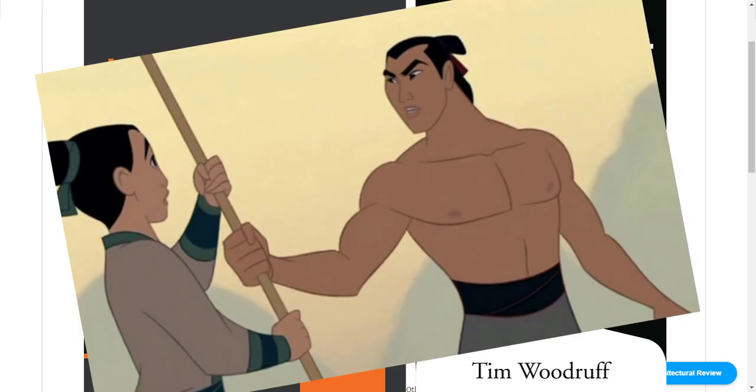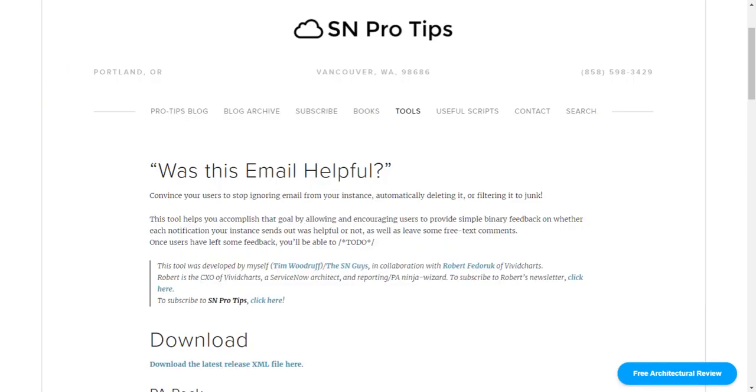Alright, let's get down to business. First, a quick explanation of what this app is. This is the Was This Email Helpful, or WtEH tool. Its purpose is to give you the tools that you need to make your email notifications more useful, user-friendly, actionable,